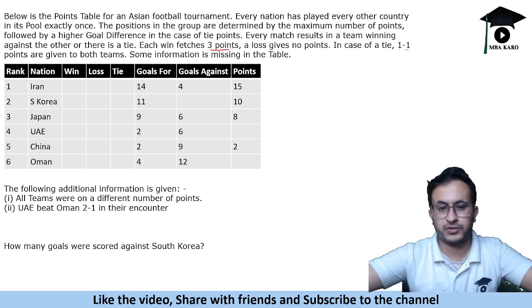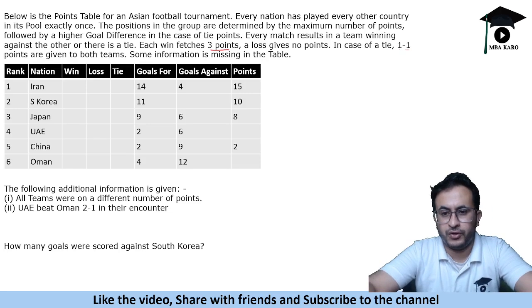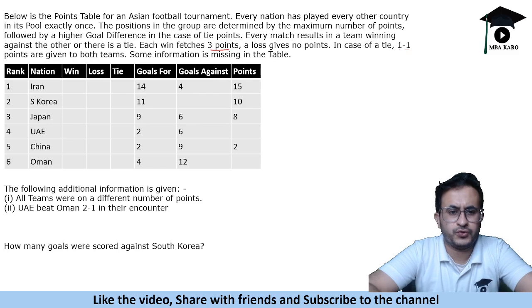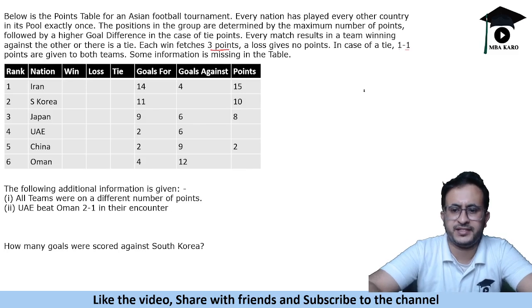So what is goals for and goals against? Goals for and goals against means the total goals that you score, and goals against means the goals scored against you by some country, that is called goals against. Okay, so let's say there is a match between these two countries, let's say there are three countries